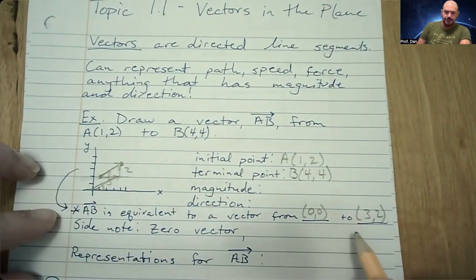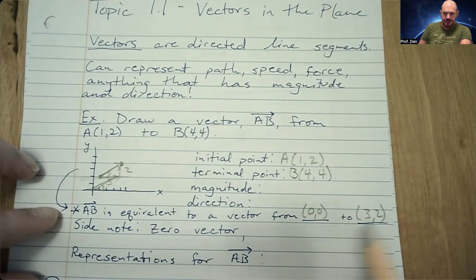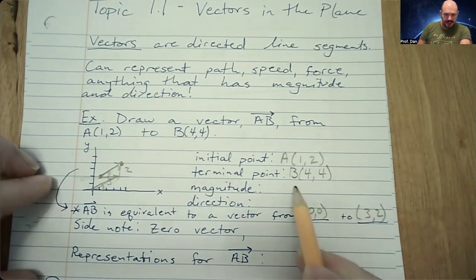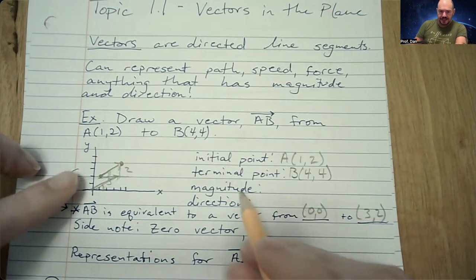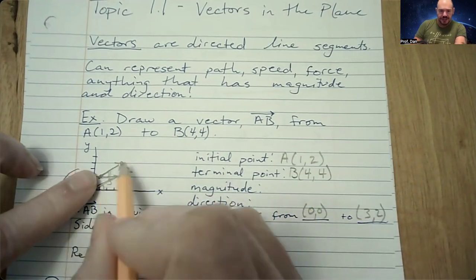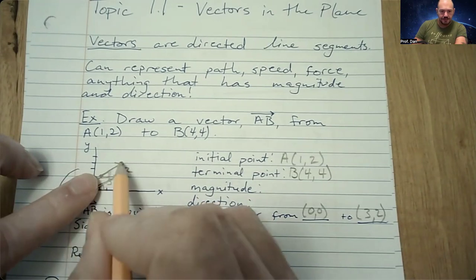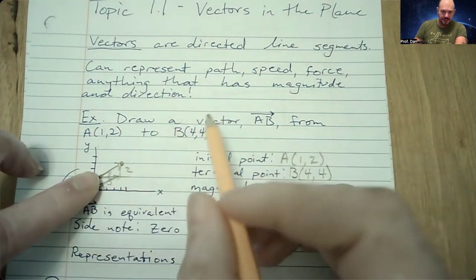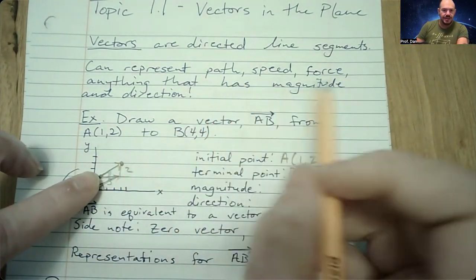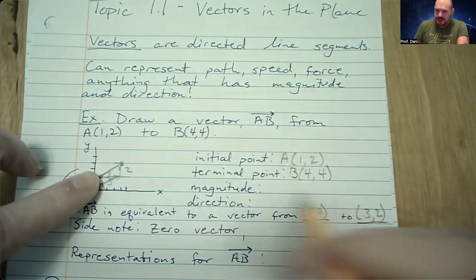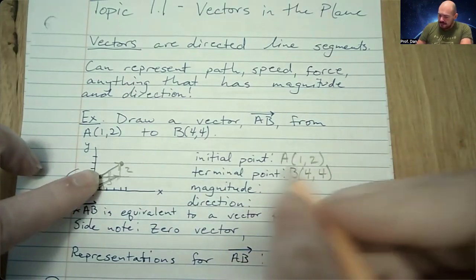For that reason, when we represent AB, we actually come back to this idea. Now, a little bit more on magnitude and direction. The magnitude, as I mentioned, is going to be the length or the distance from point A to point B. But again, depending on what this vector represents, it could be any of these things. Magnitude,